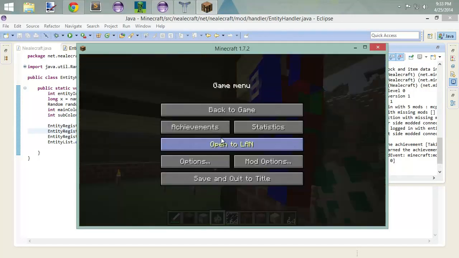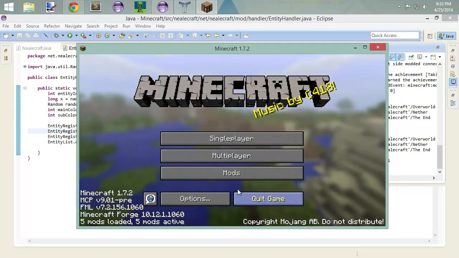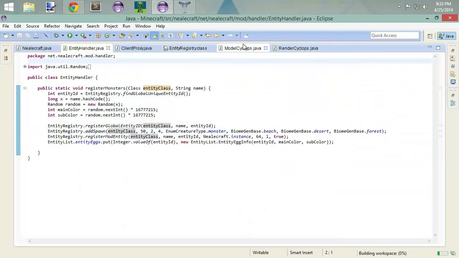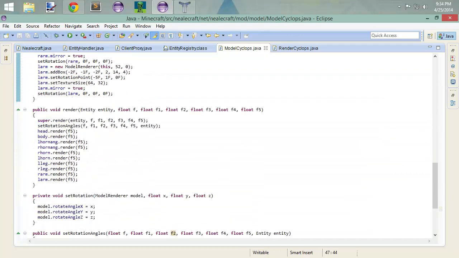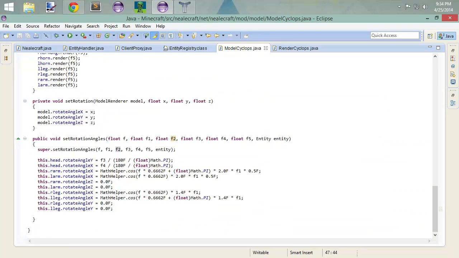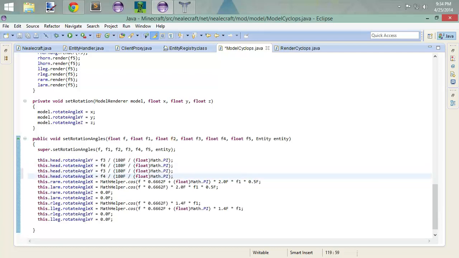I have an inkling that it has something to do with the rotation point of these. You'll notice that they're the same both left and right, but I also think that down here, you know what? The head rotates. What if we just do this? And we say